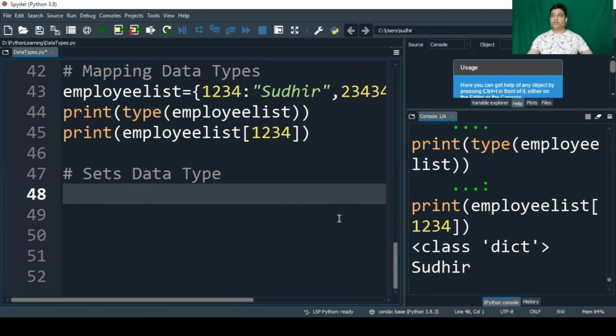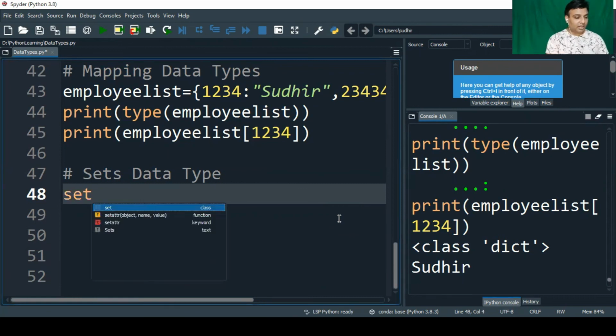Mainly you will consider two sets. Let's say one set has odd numbers and another has even numbers, and you want to merge those two sets to form a new set of numbers. In those cases, or where you need an intersection, where you need to find common items among these two sets, you can consider this set data type. Let's consider an example.